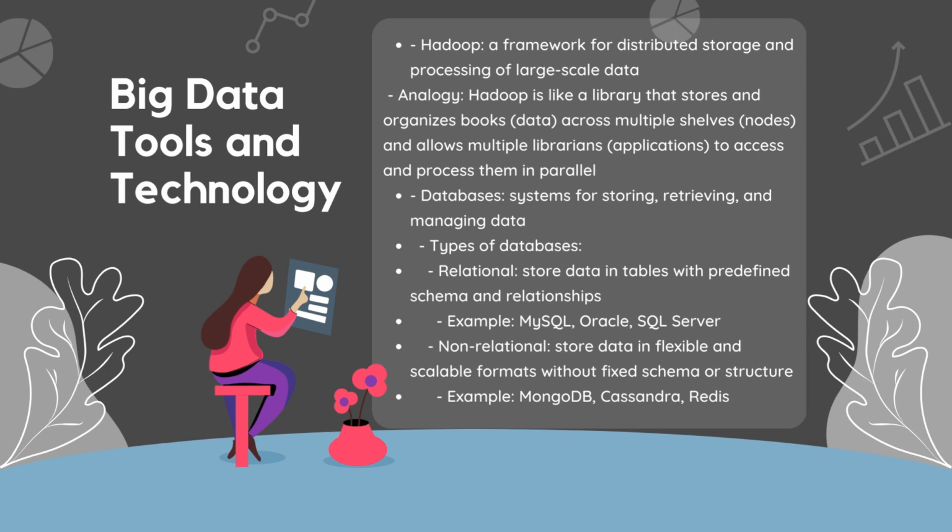Map is a phase where data is read, filtered, and transformed into key value pairs. Map is like a librarian that scans book data and extracts relevant information, that is key value pairs, based on certain criteria, that is called a function. And reduce is the phase where data is aggregated, sorted, and summarized by key. Reduce is like a librarian that groups data or books by category called keys and performs calculation functions on them.